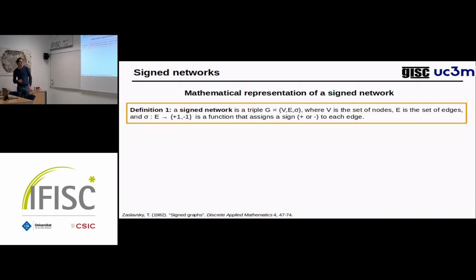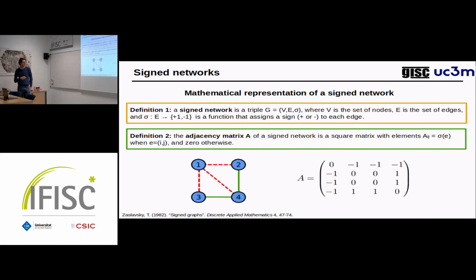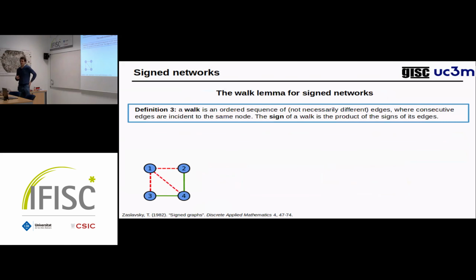This definition is quite mathematical and combinatorial, so typically we just represent the signed network as an adjacency matrix, and we put a +1 if the corresponding nodes are connected through a positive edge. So for example, entry 2, 4 is this one, and it's +1. And when they are connected through a negative edge, we put a -1. Having this represented as an adjacency matrix is very powerful because it allows us to use the tools of linear algebra